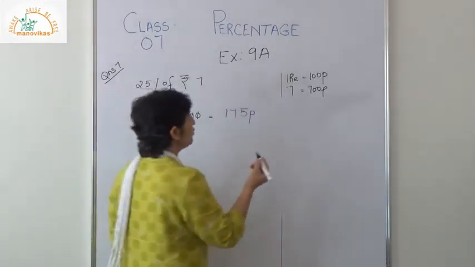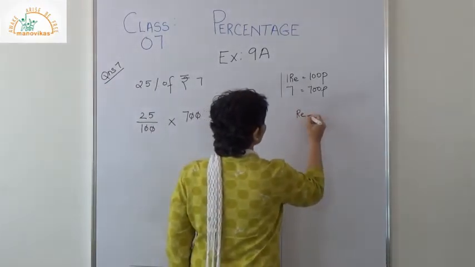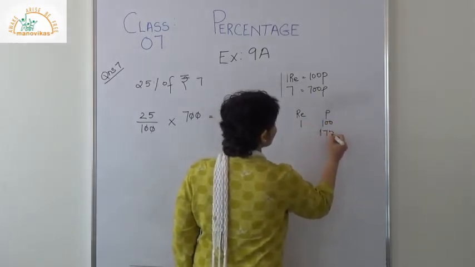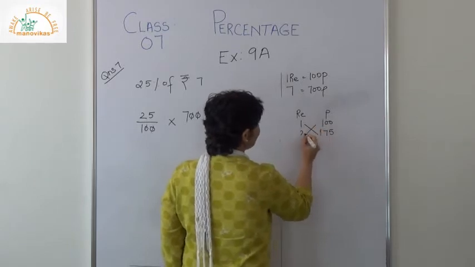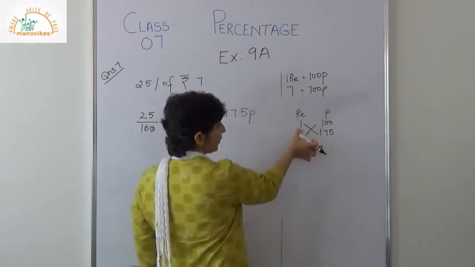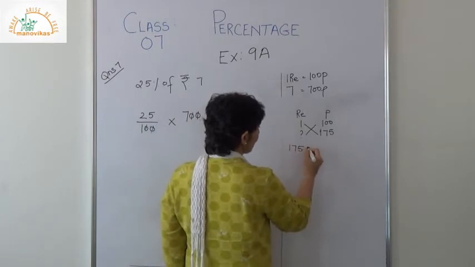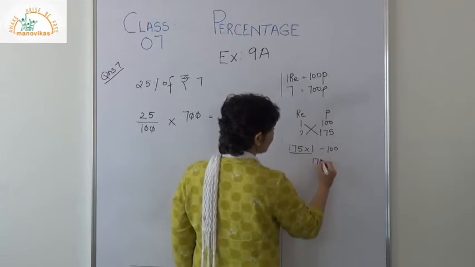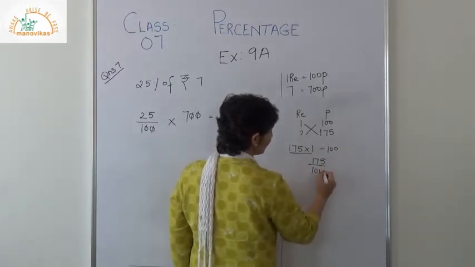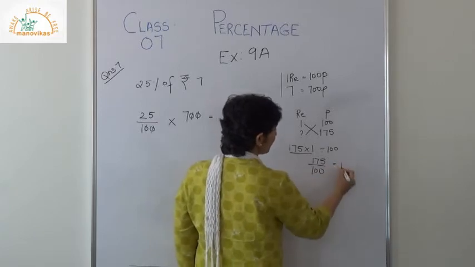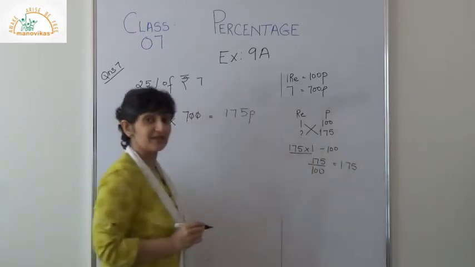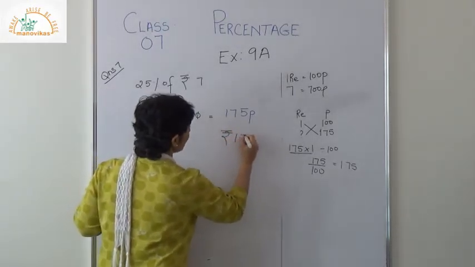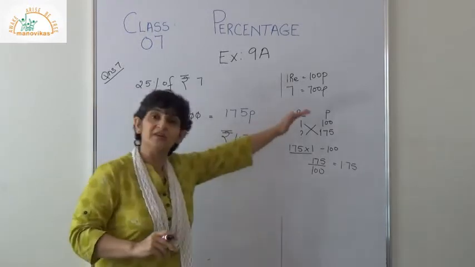So you know when you want to convert rupee and paisa, 1 rupee is 100 paisa. 175 paisa will be how many rupees? So when you cross multiply, where there are two numbers, I multiply 175 into 1 divided by 100. So that will be 175 upon 100. 2 zeros, 1, 2. So my answer is 1.75. So what is the answer I get? Rupees 1.75.